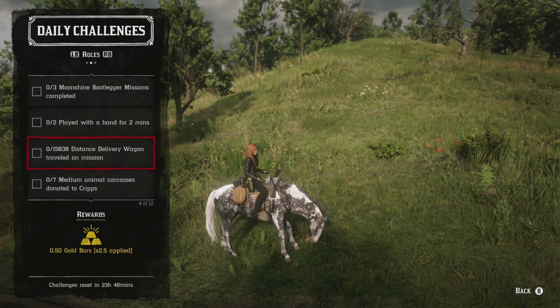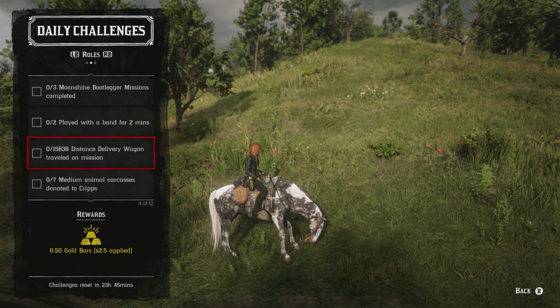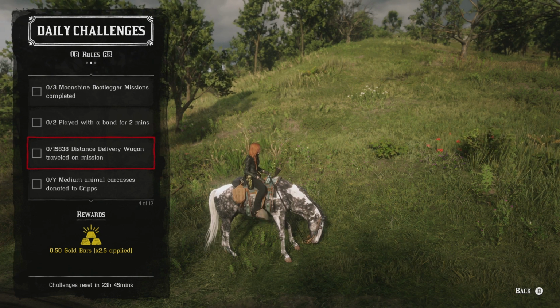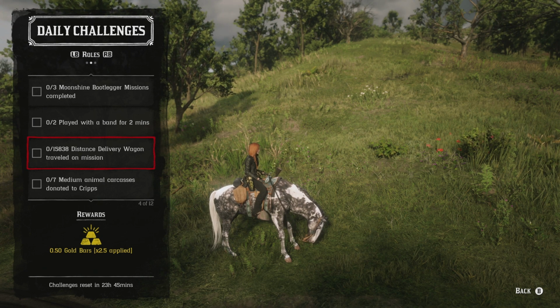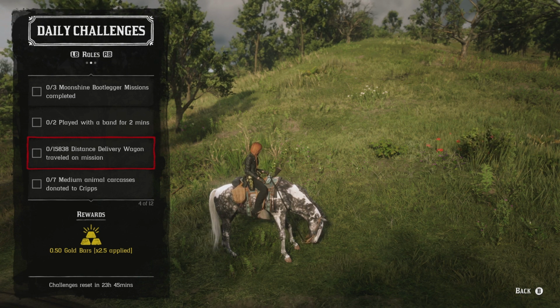We have a total distance on the delivery wagon for the trader role of 15,838 by delivery wagon, and that's basically going to be 2 distant deliveries. It's going to take a little bit of time to do that, anywhere between 10 and 15 minutes per delivery. This is going to take some time because you guys will be spending more time trying to get that distance than just doing the delivery itself. You're not going to want to just do it as fast as possible and go in the straightest line possible if you guys are definitely shooting for that